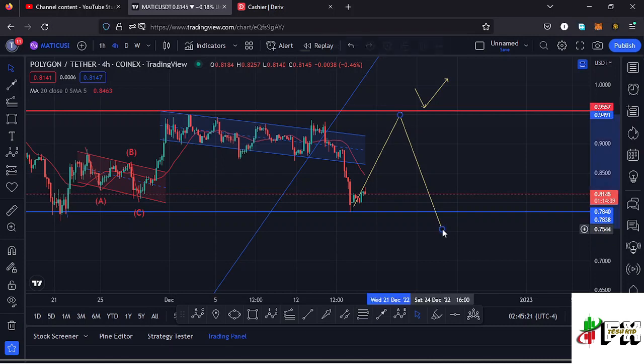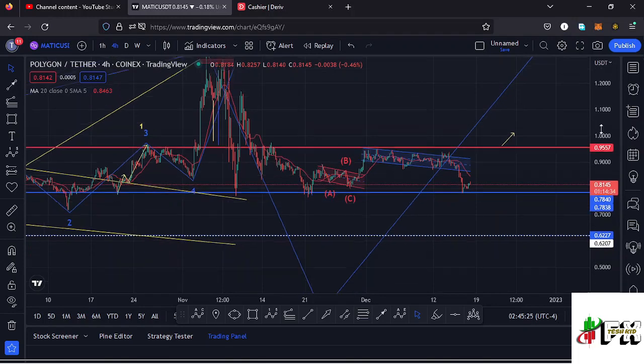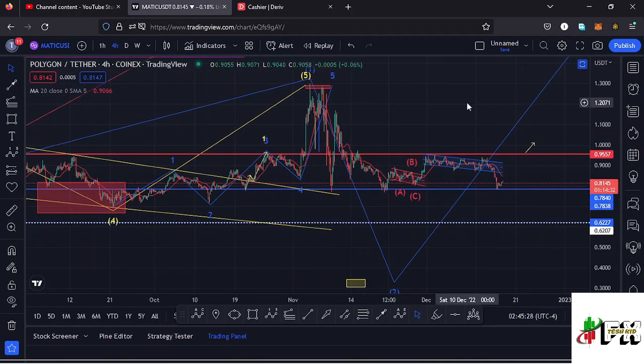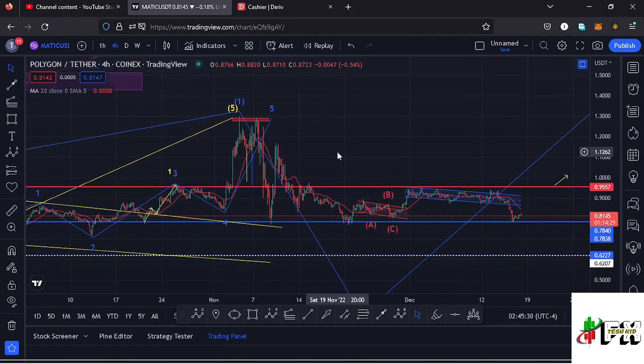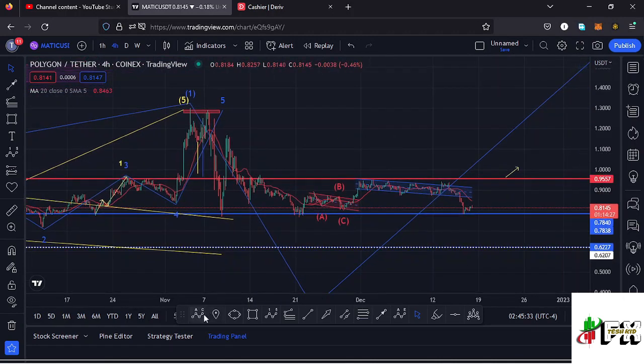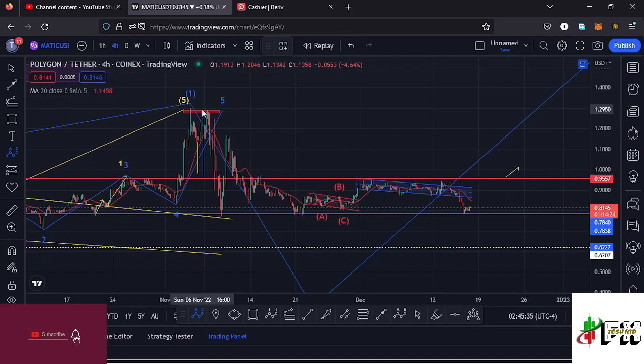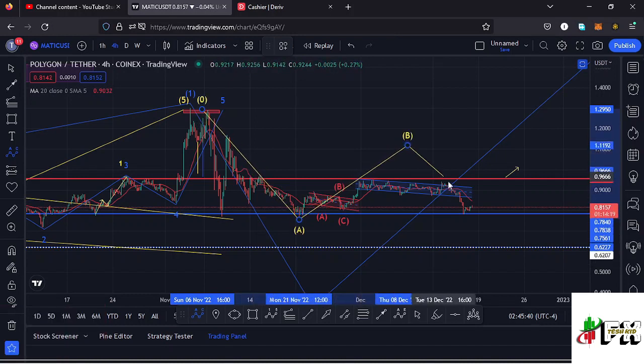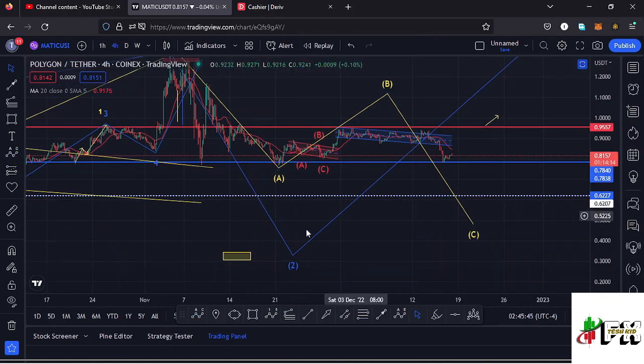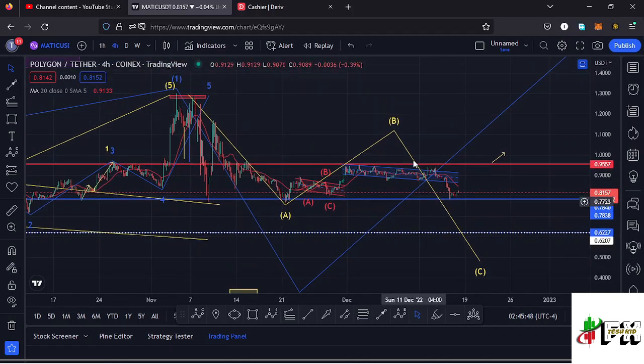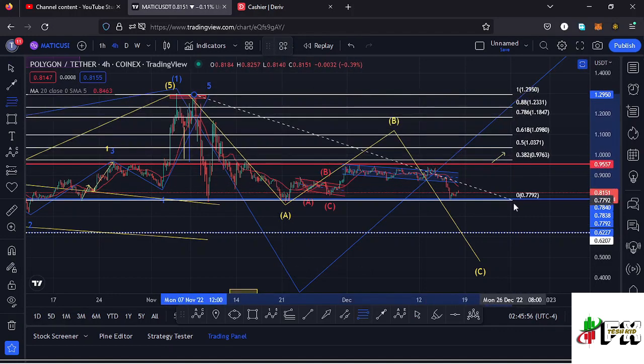And getting back to the ABC corrective structure, which is also giving us two short-term scenarios that can play out. There are two possible ways I can have that ABC corrective structure on this chart, and the very first way is having this as a massive wave A, then I'm expecting a bit of a bounce to the upside in the formation of that wave B, then expect an impulsive movement over here in the formation of that wave C to fully maximize the formation of that second wave. Sketching out a minimum target area to the upside in the formation of this wave B using the Fibonaccis